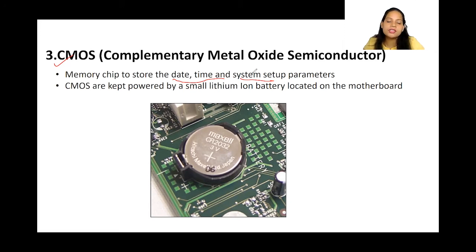And how is it charged? CMOS and BIOS both get charged by the small lithium-ion battery. Here you can see this. This is a small lithium-ion battery. This one charges your CMOS and your BIOS, because as soon as your power is switched on, these both have to be active and they need to start executing immediately. That is the reason there is a separate backup power in the CPU given to these two devices. So this is the third component which we have seen.